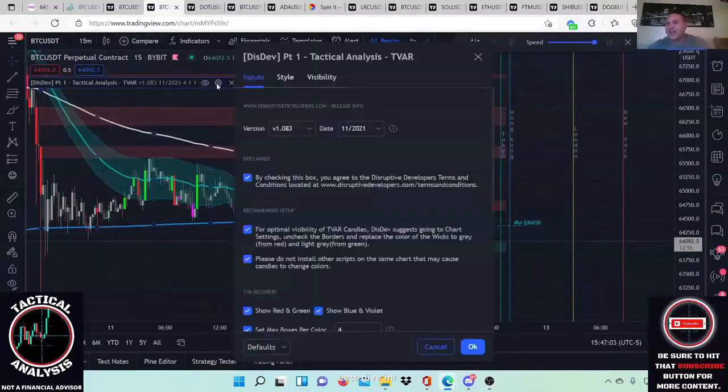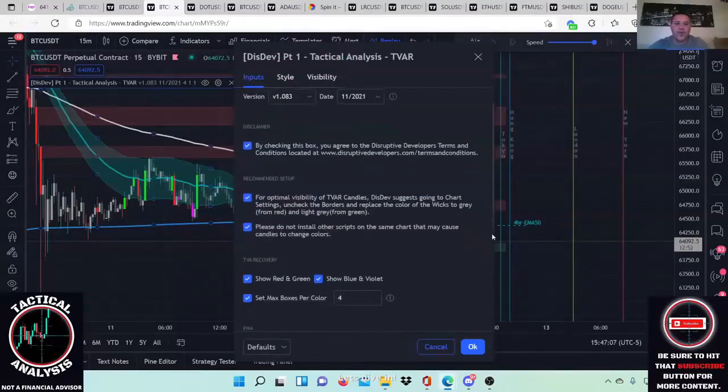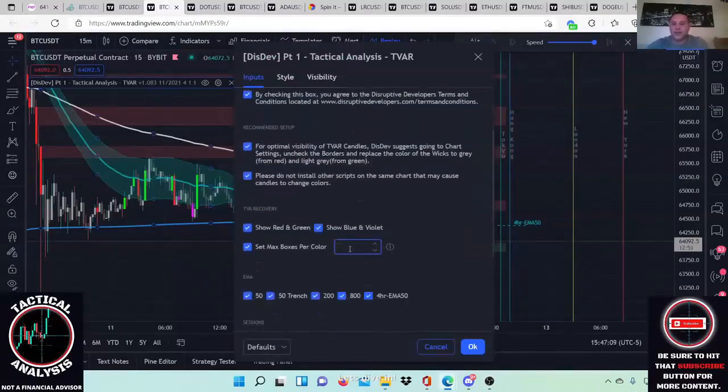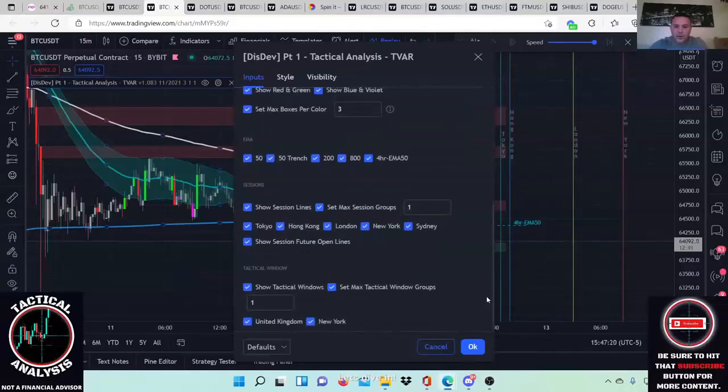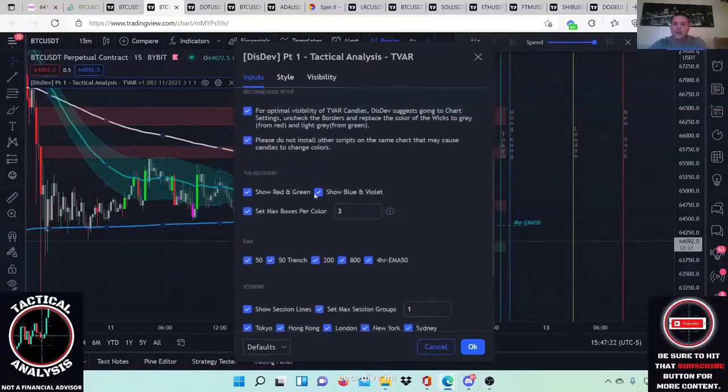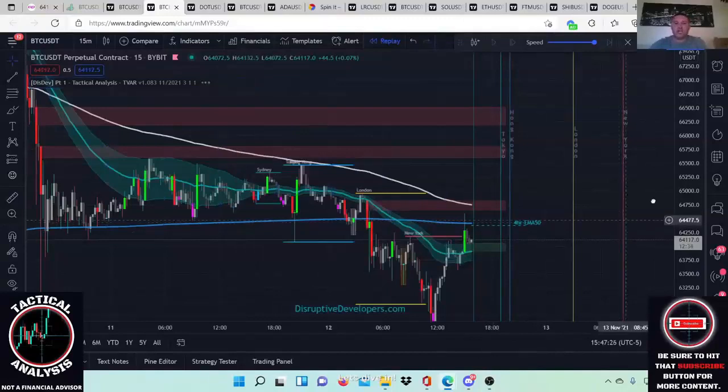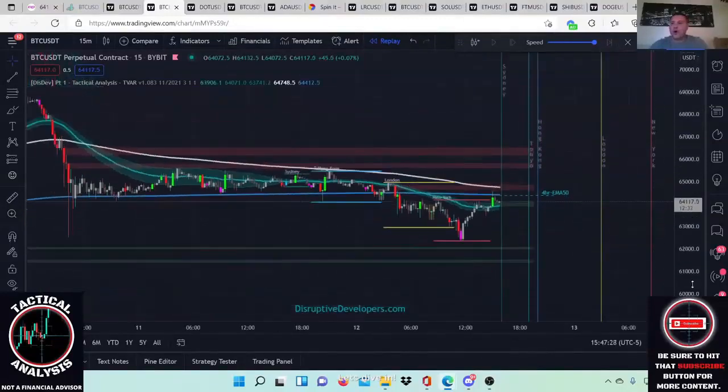So for me, I like to look at the most recent 3 zones or so. So I only want to see the most recent 3 zones. And then also, let's go in and get rid of blue and purple. So as we change it, even though there are red liquidity zones above,